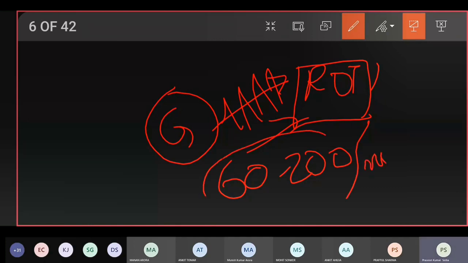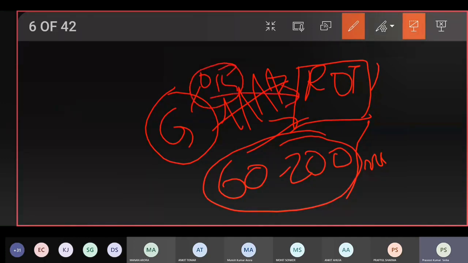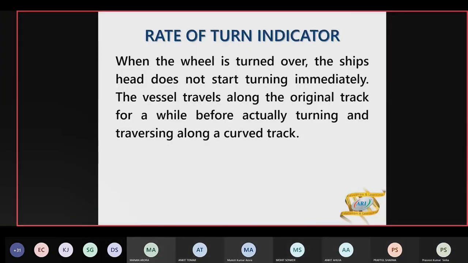Based on this, whatever the gyro reading is, let us say it is reading 015, for example, how it is changing is given to the rate of turn indicator. It is just converting it into a per minute rate. Next,